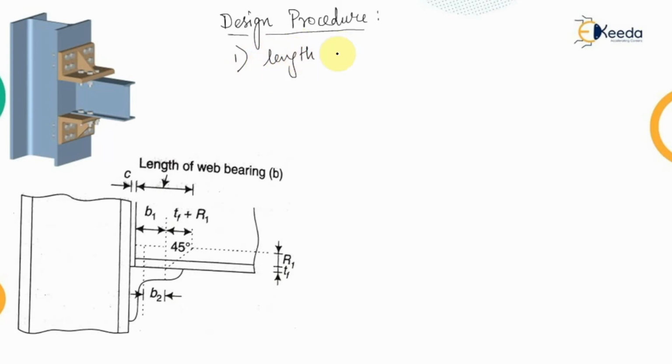So the length of the seated angle or the seat angle is to be kept equal to the width of the beam. That means whatever is the width of this beam, usually what we do, we provide the length of the seat angle equal to that only, so that the symmetry is maintained. It may be of I section, it may be of any channel section. So the type of beam that we have provided, its width will be taken equal to the length of the seat angle. So from here we will get the length for the seat angle. Now based upon this, we will choose the suitable seat angle.